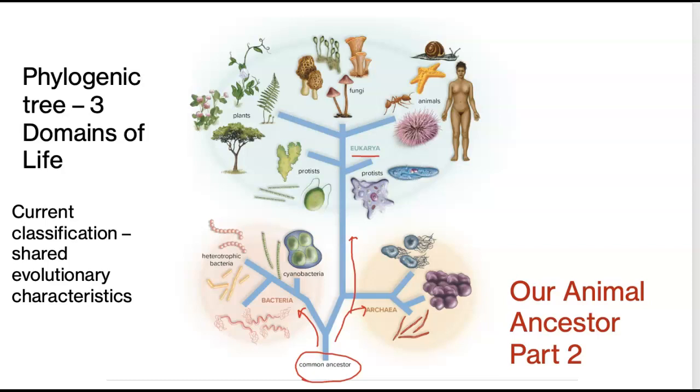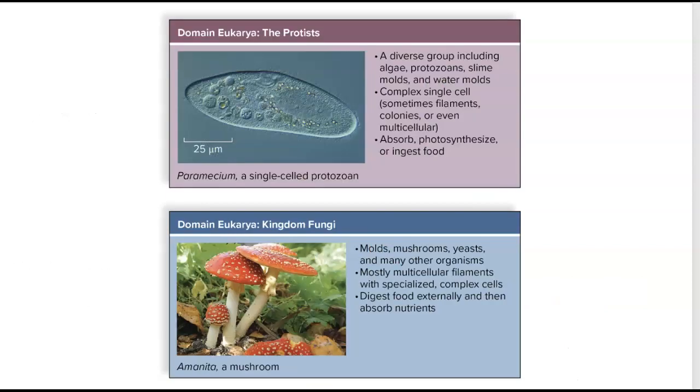So it takes a little more work to get all that figured out, but we're getting there. We're working on it. So what we have currently, what the scientific community is accepting, members of domain eukarya are going to be the protists. I said this is a weird group. You got algae, slime molds, goofy stuff in here, still being reorganized. We have the fungi,